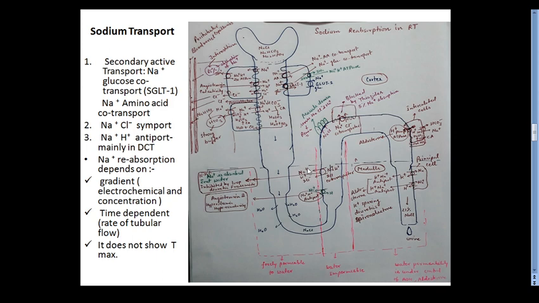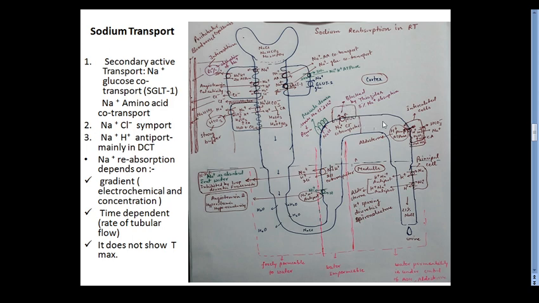Approximately 15 to 25% of the sodium ion is reabsorbed over this part, and in the PCT approximately 65% of the sodium ion gets reabsorbed. The 15 to 25% in the thick part of the ascending loop of Henle gets absorbed via the sodium potassium 2 chloride transporter. Then come to the DCT part. In the early part of the DCT, there is again a sodium chloride co-transport channel.